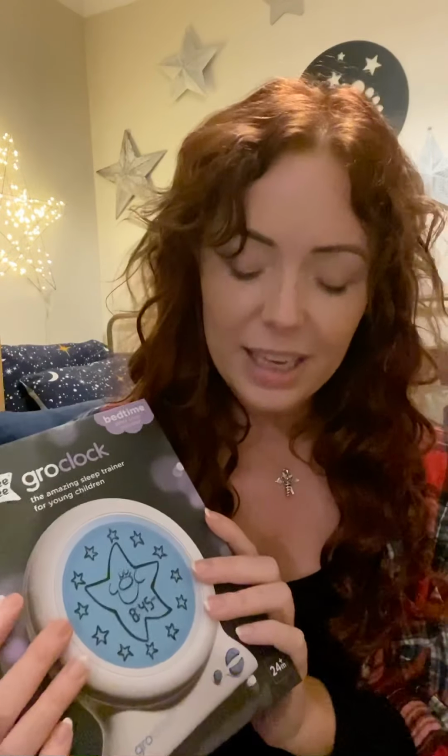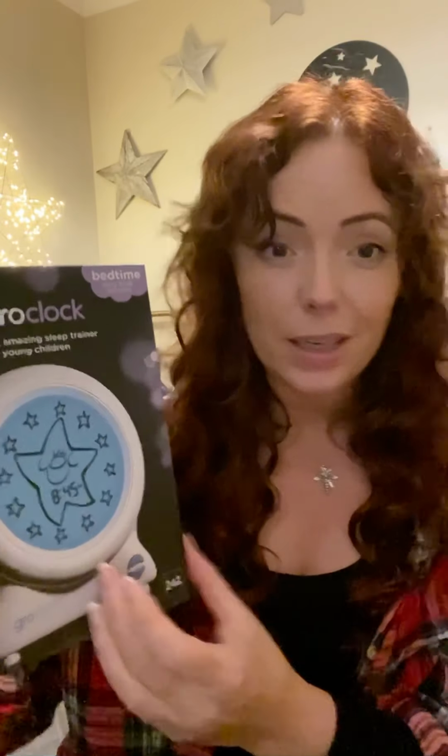So put it on LED 1 to make sure that it's not too bright. Also, don't put it in direct view of the cot. So put it maybe over on a shelf, even with a little teddy sitting beside, so you don't have a big glow. And what you say is, when you're reading your bedtime stories, read one story, and then before